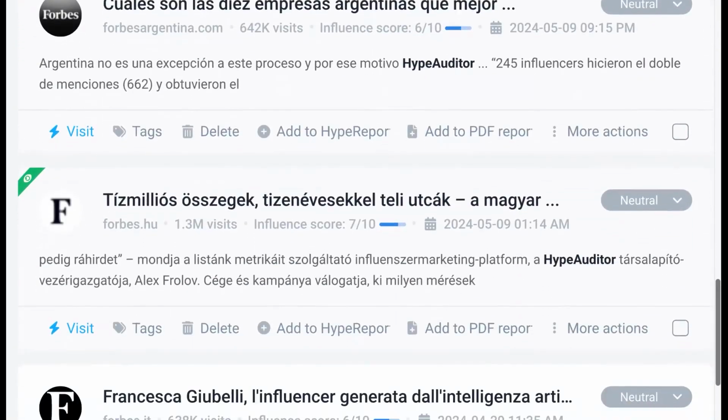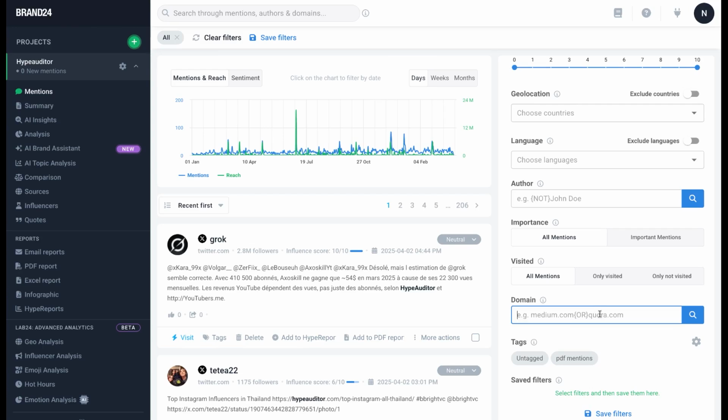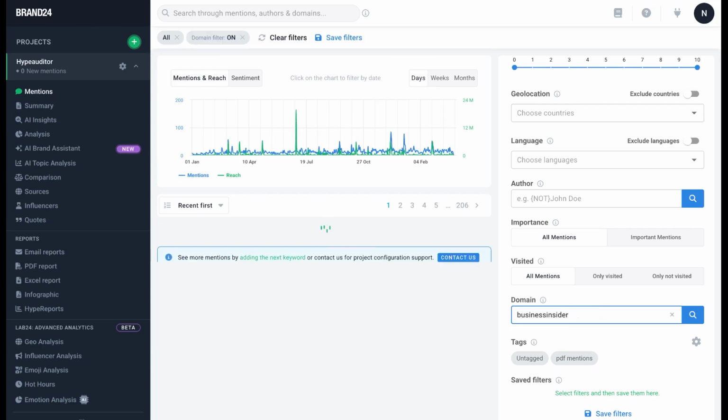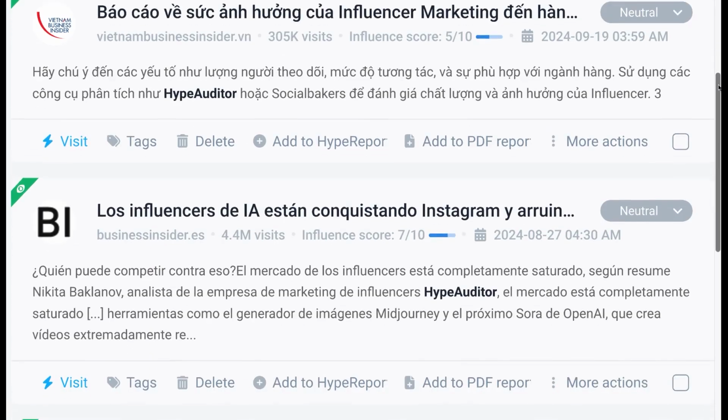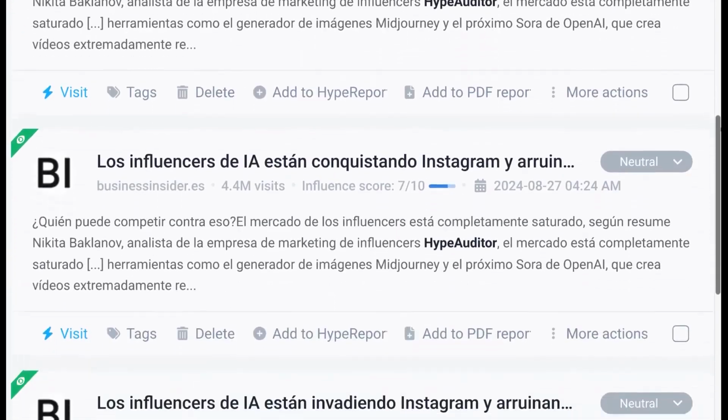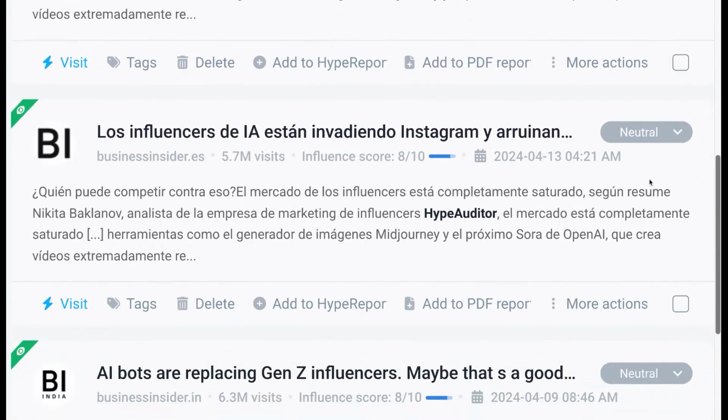So when I collect media mentions with the help of Brand24, I filter new ones and connect with the journalists. It can be said that Brand24 helps me to build our media base here.